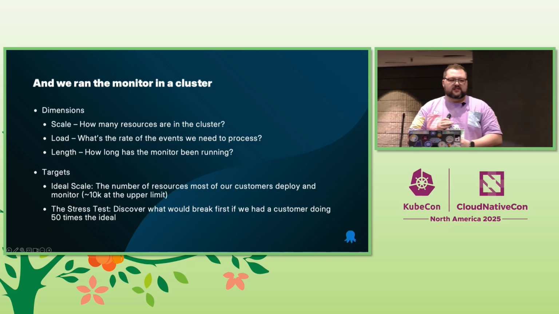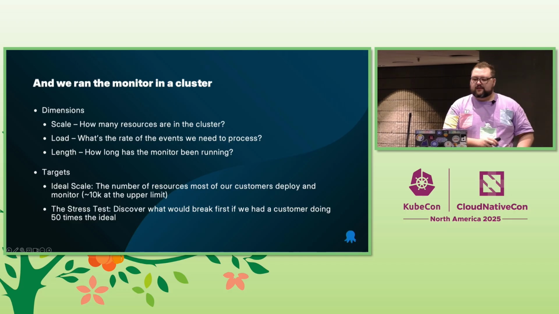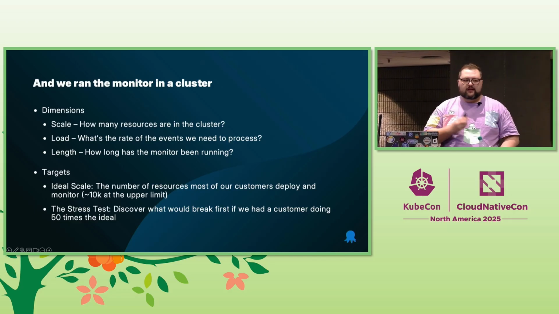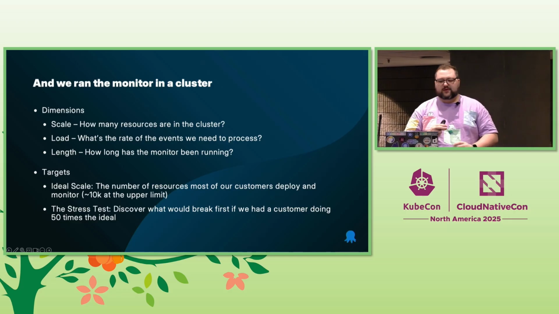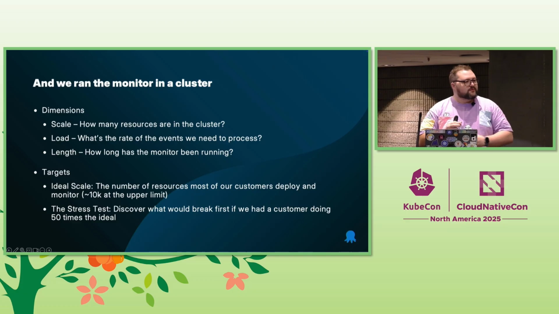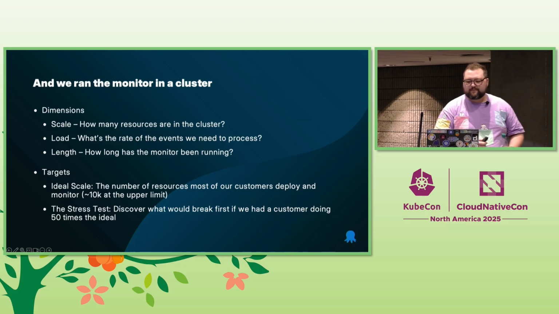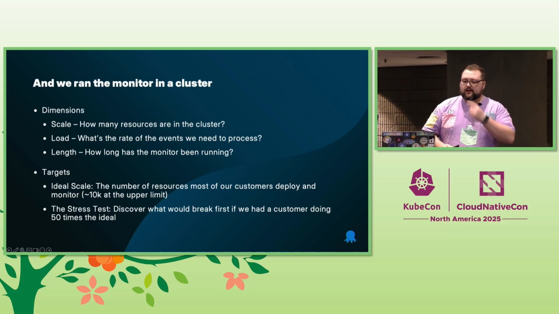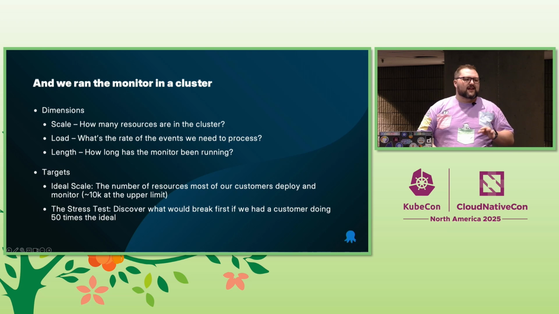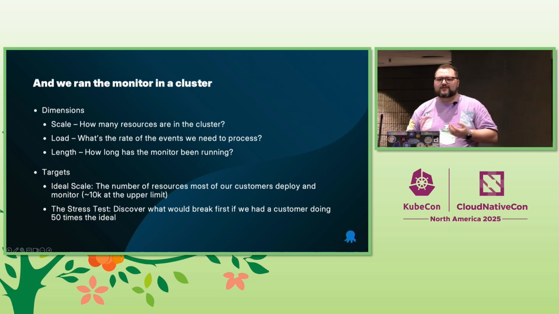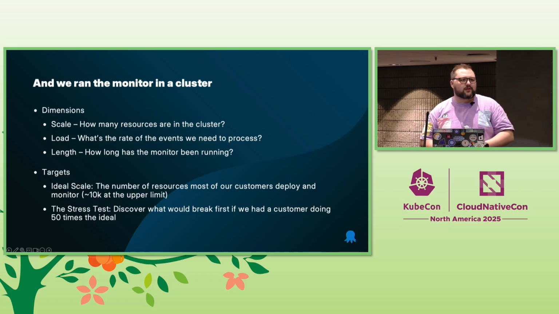The other thing we wanted to be careful about is the kind of scale targets that we're setting. When we were speaking to all of these customers, we had a fairly decent idea about how many resources are in a normal Kubernetes cluster. Turns out it's around 10,000-ish resources in a fairly large size Kubernetes cluster. That's what we decided to class as normal.